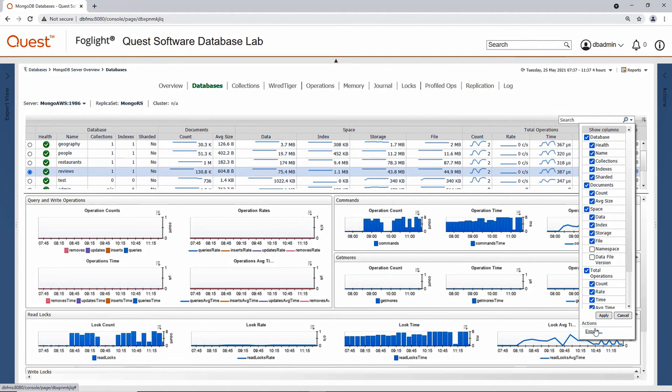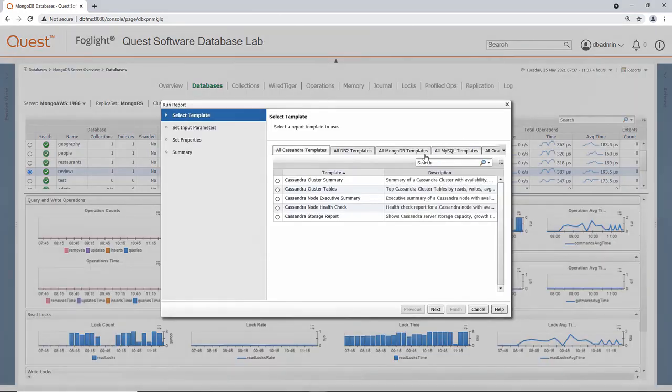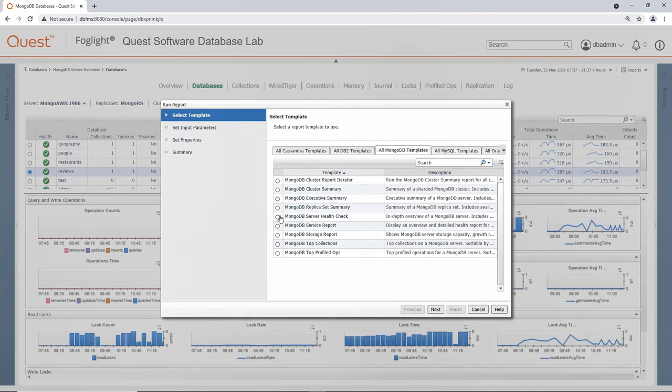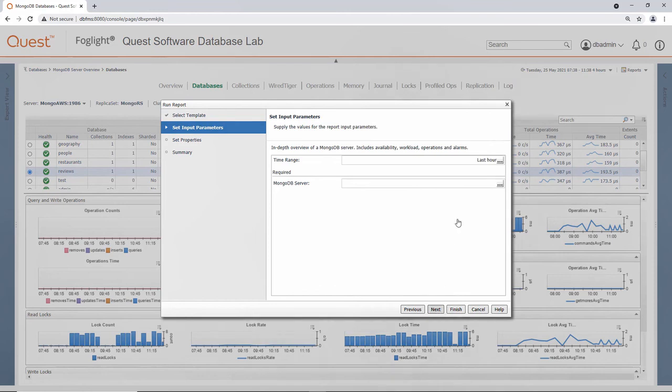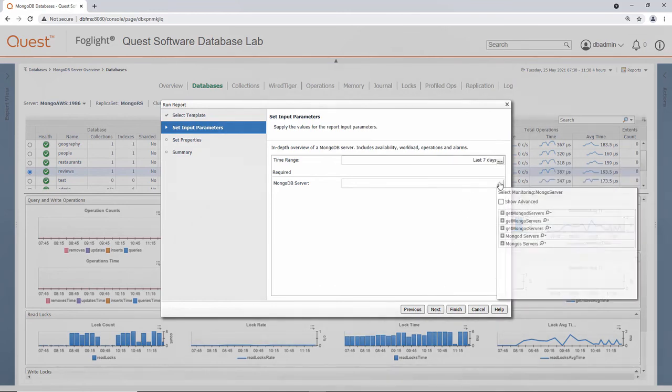Let's say I want to send this list of top profiled operations or databases over to a developer for analysis. I can export the list right from Foglight itself. And then also out-of-the-box reports are provided, which can be scheduled or automated. So after a database administrator or developer has perhaps solved a problem, you may decide to set up a recurring and scheduled health check report to be sent off to an application owner so that this user can receive this information maybe on a weekly or a monthly basis directly delivered to their inbox.